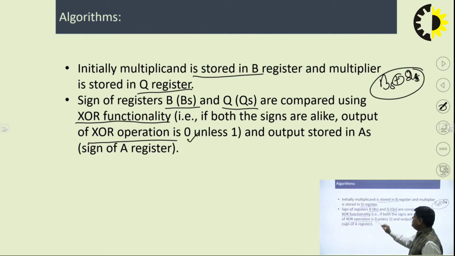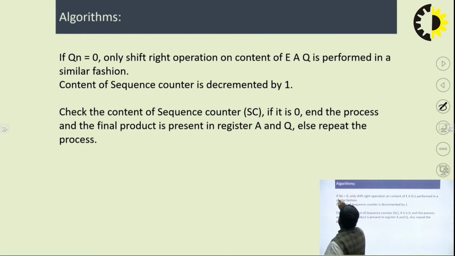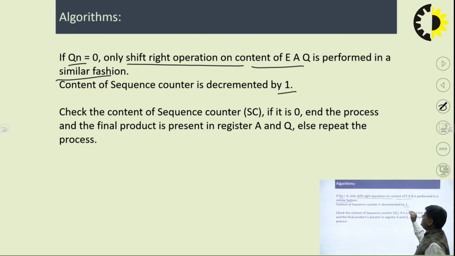If it is 0, it means the signs are different. If it is 1, then the sign is the same. Now check Qn. If it is 0, then only a shift operation is performed: shift EAQ. If it is 1, then add A plus B: EA equals A plus B, and similarly shift EAQ to the right